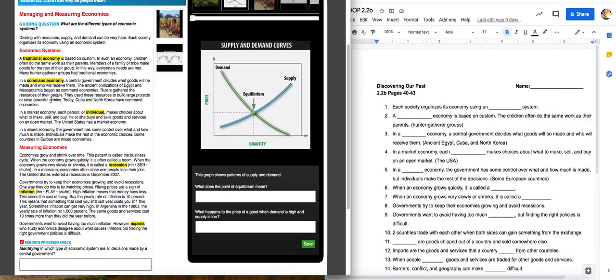Okay, so I like what your book did. Number 1, it told you what a command economy was, where the government makes those decisions. They give the command. Number 2, in our ancient books, we're going to talk about that in Egypt. Guys, you think about Joseph when he was in Egypt. What did he do? He gathered all the food together. Then when the famine hit, what did the people do?